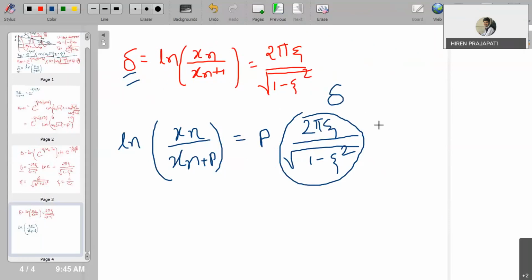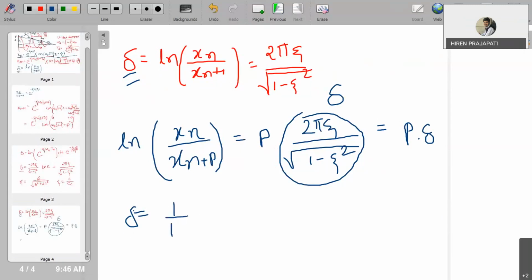So I can write here that ln of xn by xn plus 1 is nothing but p into delta. Is it clear? Because this represents delta, right? Then if I take the ratio not of two successive amplitudes but after p number of cycles, then delta